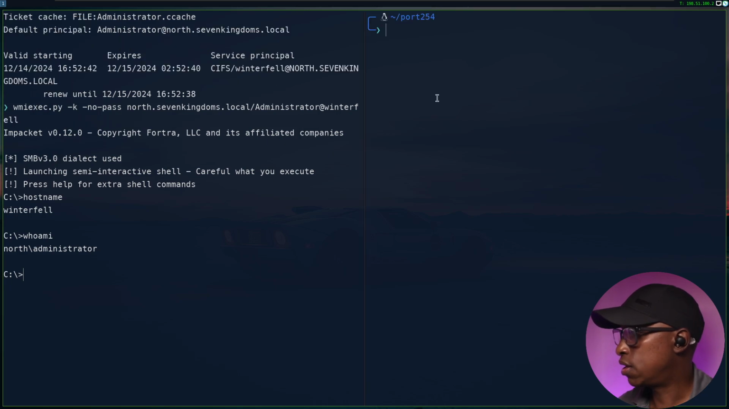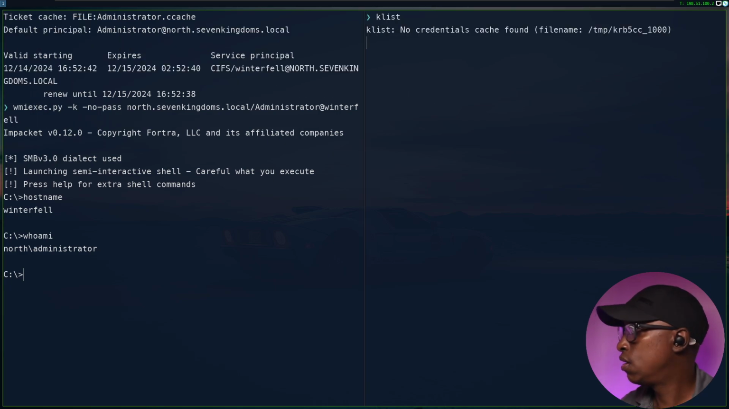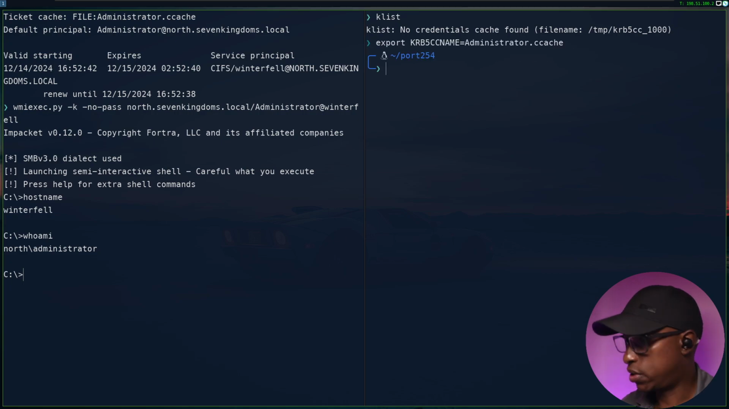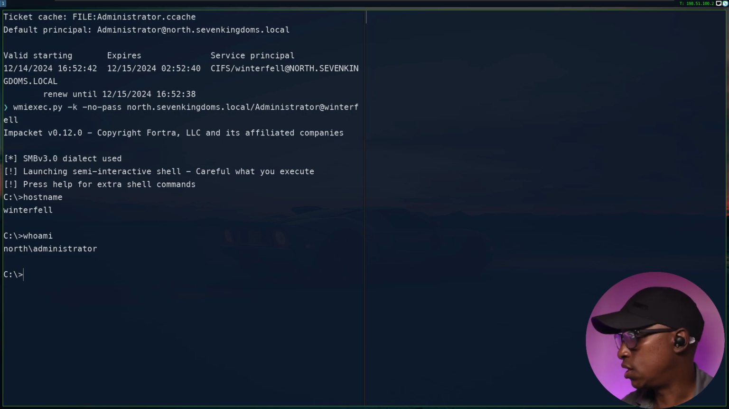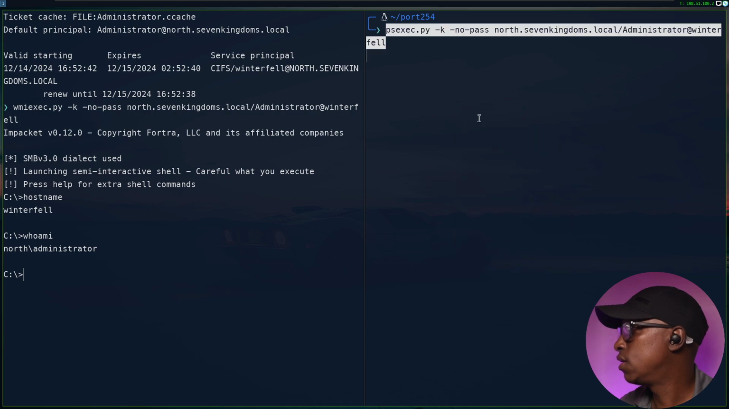Next option is we can use PsExec. Again, if I do a klist here, it's not there, so we have to export it into this particular session again for this one. So if I export that, do a klist, and then clear, we can see that it's in there. So we can use PsExec now for this one, just to do a quick demonstration as well. Same thing, and if we run that,